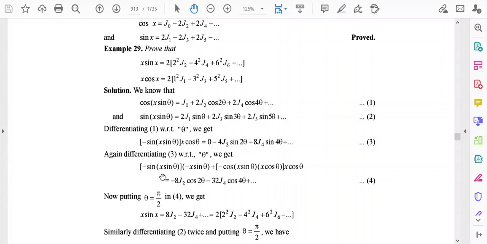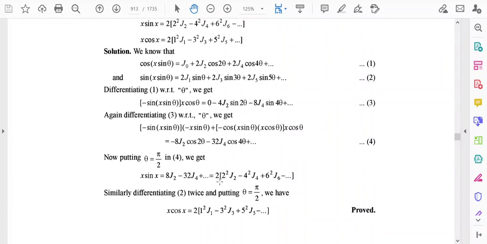So only you will obtain the first term, and from the first term the result will be x sin x. You see the result is x sin x because all sin theta terms will be 1. So ultimately minus and minus will be a plus sign. So ultimately you will obtain x sin x, and for the right hand side you will obtain 8J2 minus 32J4